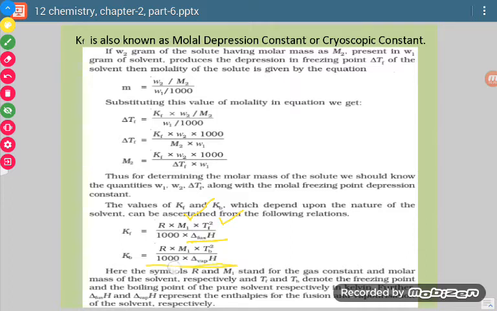Okay, similar is the case for this. Here delta H fusion is replaced by delta H vaporization. Tf is replaced by Tb. So these are two other formulas where we can calculate Kf and Kb value. Okay, means we are using 4 factors over here: delta H, Tf, M and Kf. So out of these 4, if any 3 are given, then the 4th one can be calculated. So it can be any one out of these 4. R value is constant, it is the gas constant.